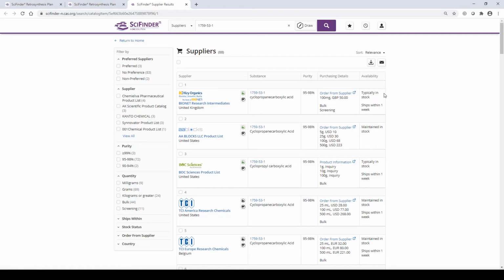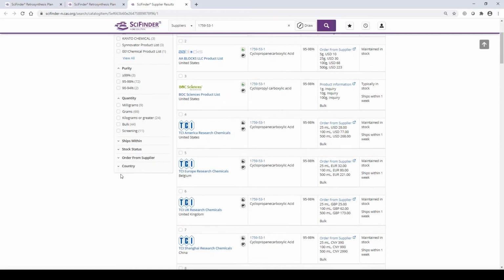First of all, do they keep it in stock? And second of all, how quickly can they ship it? You can see I've got 88 suppliers for this material. Something we've done to make it a little easier to determine which company to select is that we provide some filters over here on the left-hand side. If we are looking for a specific supplier, we can click that over here. I need to do some stuff quick, so I'm going to select those places that I can get it within a week,